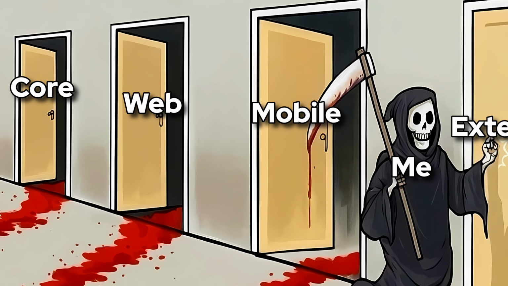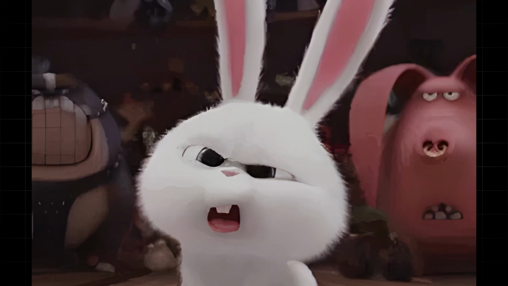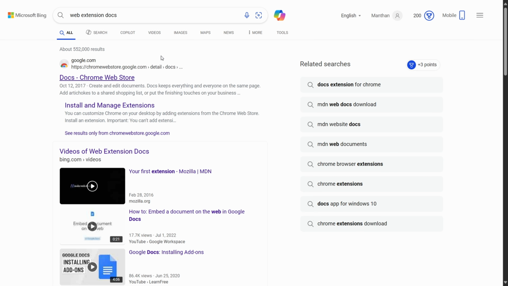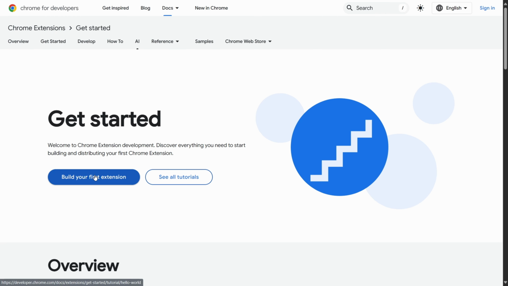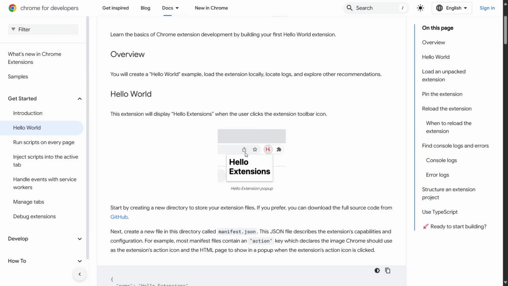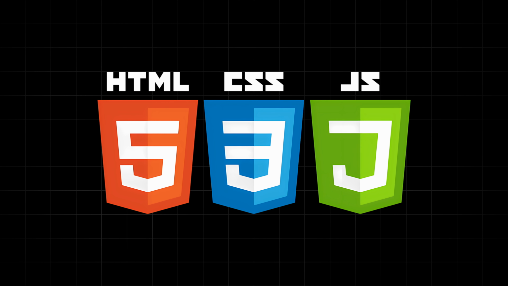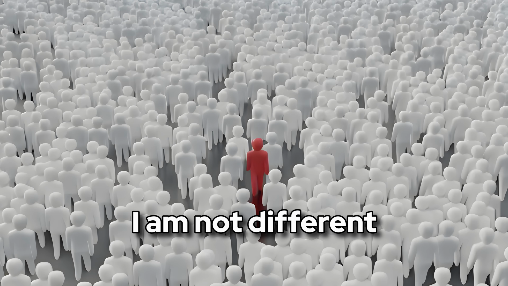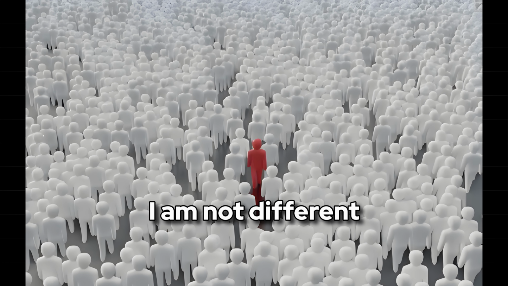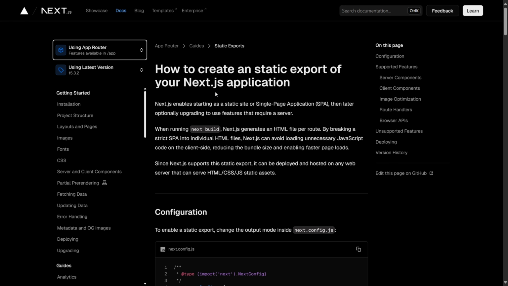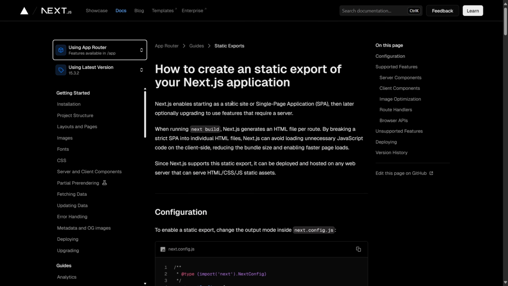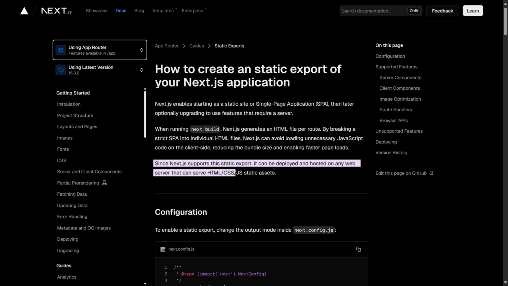So now the last thing remaining is the web extension. As I don't have any idea how extensions are developed, I headed to the developer docs section and learned how to create a basic extension. After learning, I needed a way to write the same HTML, CSS and JS as in my Next.js website, so that the extension doesn't look different. Here I found out about the export functionality of Next.js, which will be helpful to export the HTML, CSS and JavaScript version of the code.